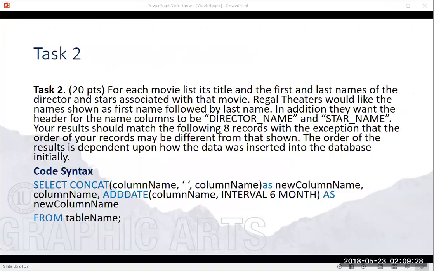And we're going to say from movie, comma, star, comma, movie star,